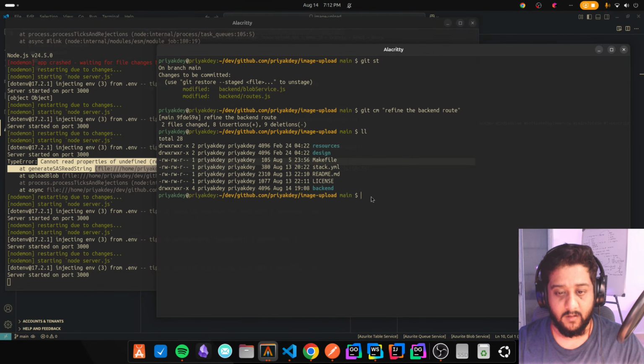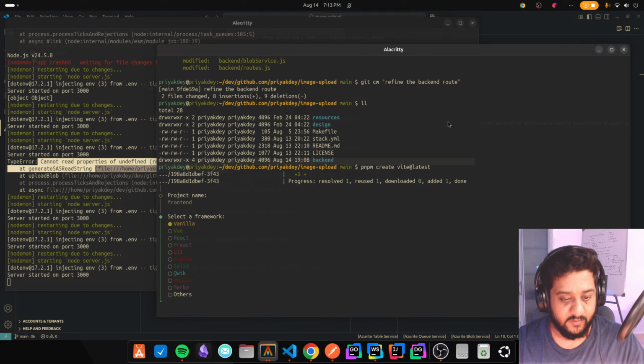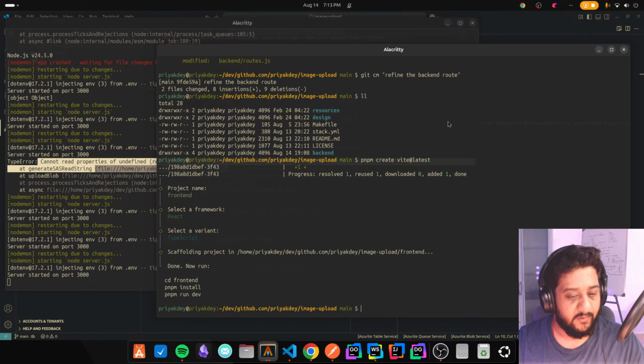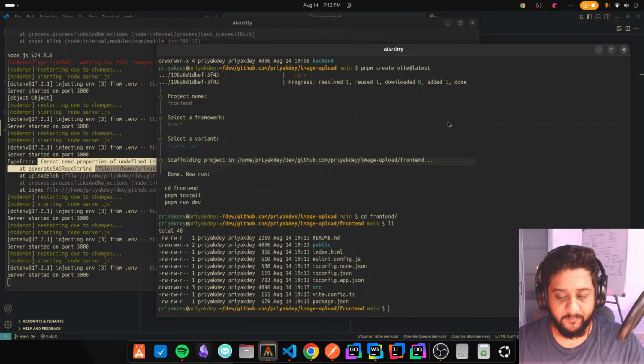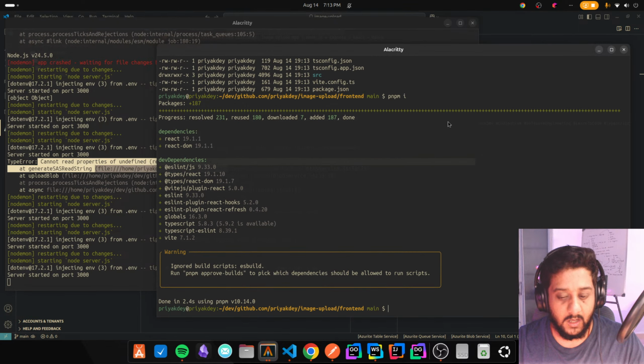And in here, npm create vite at latest. I think that is what we have to do. Frontend, I'm going to call it frontend. It's going to be React. I'll use TypeScript for this part. Okay. Along with that, I believe that I will also